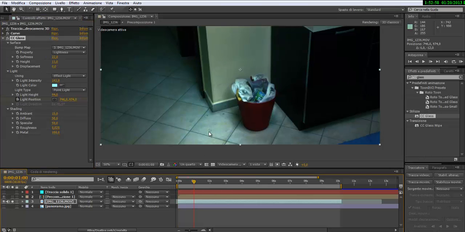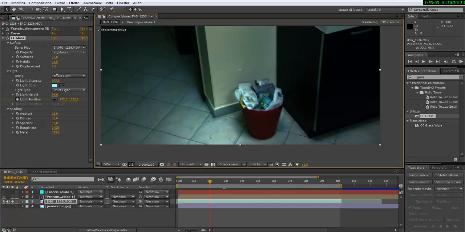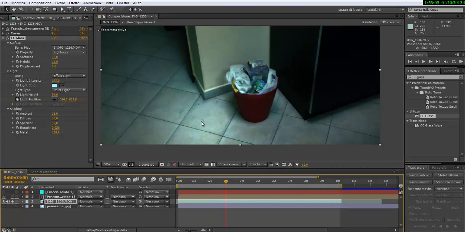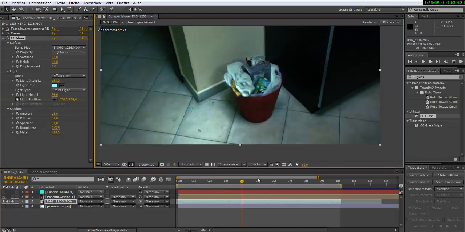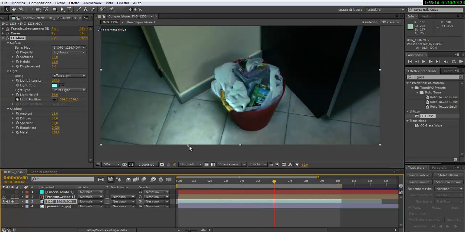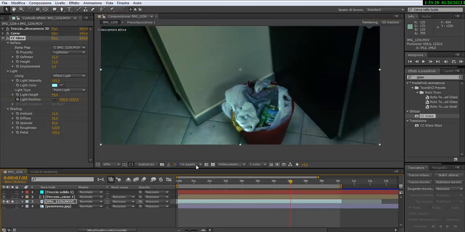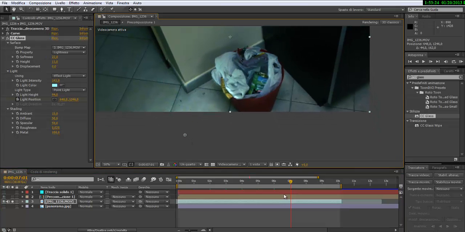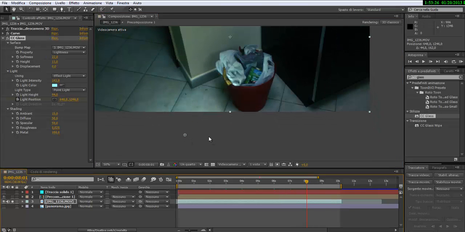So keyframe the light position, proceeding one second at a time, grab the pointer of the light position, and adjust it to match the scene. You can also track the motion of the scene and then connect the light position to the new object that you will create with the motion tracking,